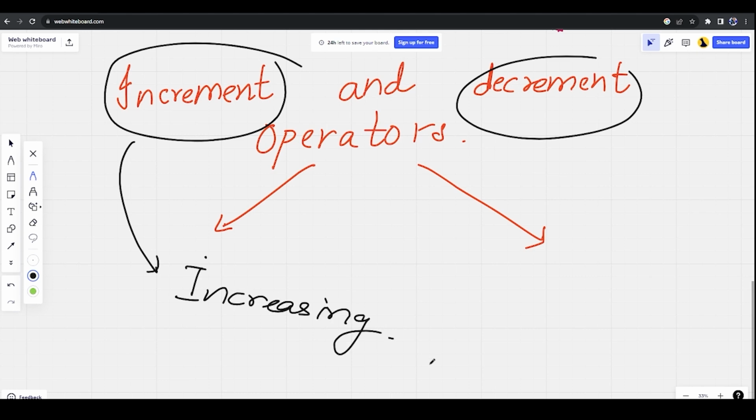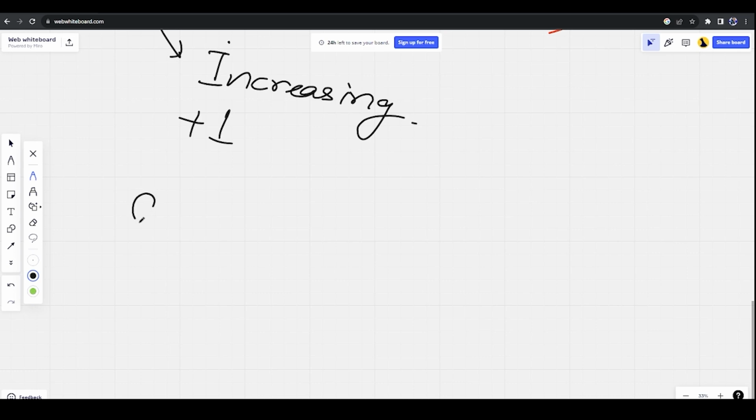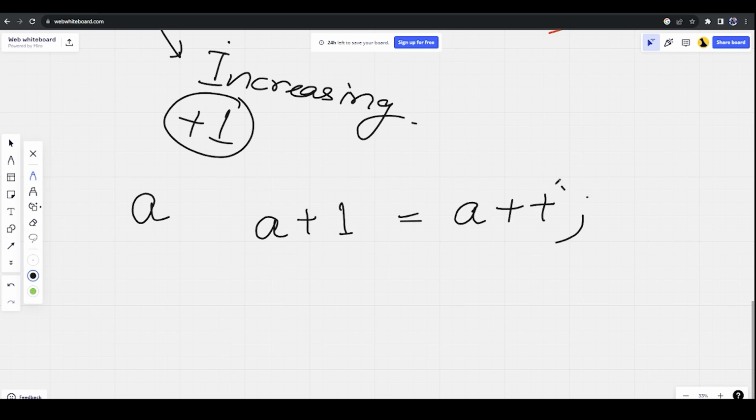Now, when you use the word increment in programming, it simply means I'm incrementing by 1. It can be any other number also, but by default, you may think that I'm increasing by 1. Any number, any value, any variable. What exactly it means is, for example, if I have a variable a and it has any value, and I have to increase or increment this value by 1, how will we write it? I will write a plus 1. But from a programming perspective, we have made this a bit more stylish, and we can even write it as a++. Whenever you see a++, understand that a has been incremented by 1. That is what it means.